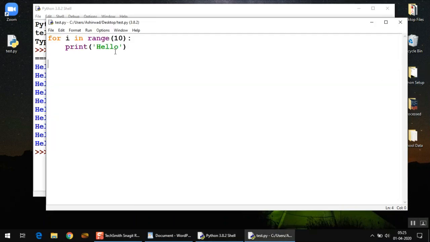So let's discuss the working of this loop one more time. When the loop starts, it starts with what value of I? 0, because of this range function. The range function is written in such a way that it gives the start value 0 to this variable I. So with this value 0, we go inside the loop, we print hello, then we come back to